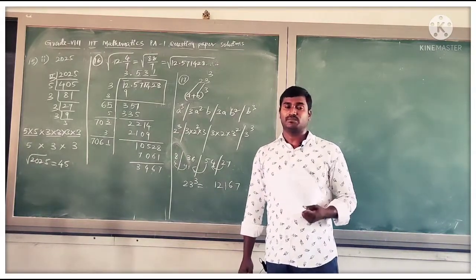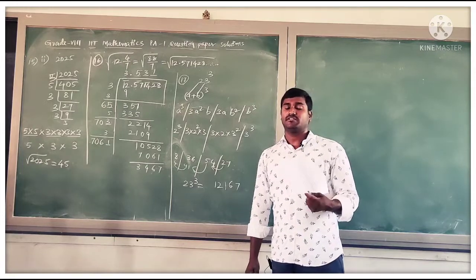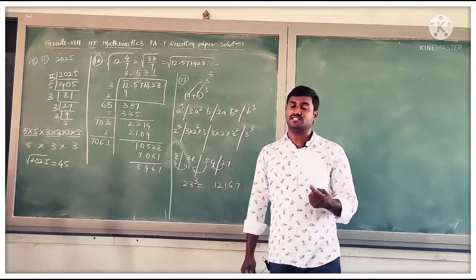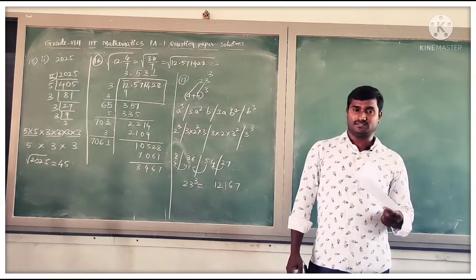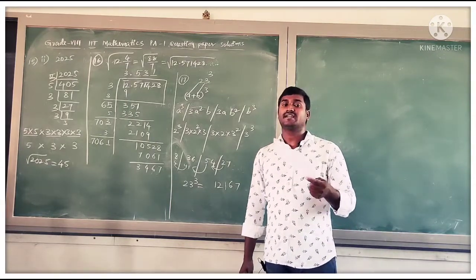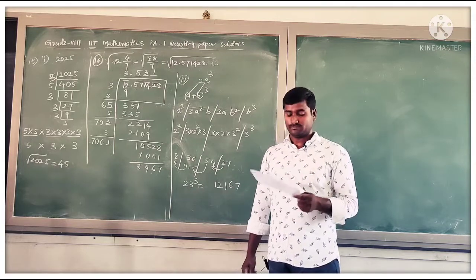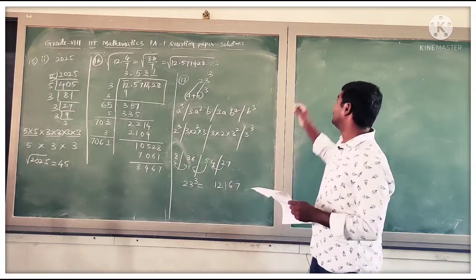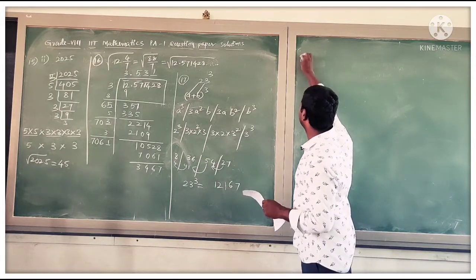And give some examples: root 2, root 5. Where p comma q are not integers. Root 2 is not an integer, root 5 is not an integer. Okay, those are examples of irrational numbers. So you can write very easily. Next, in the 18th question, the second one we have.